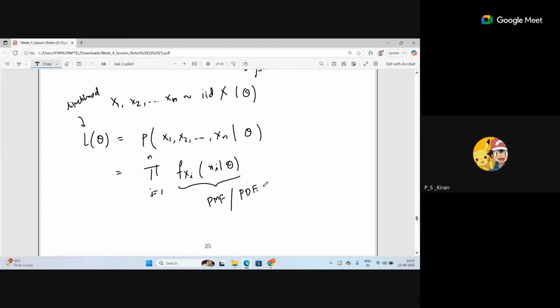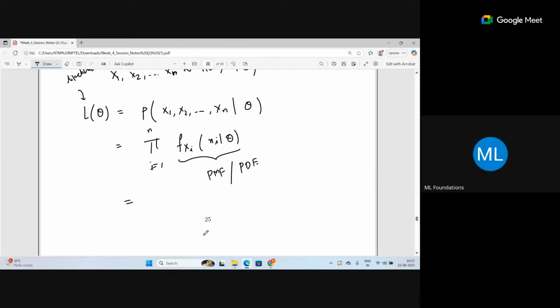It's not the prior distribution. Prior distribution is a different case, used in the Bayesian estimation method. The prior is actually for the parameter, so we know something about that parameter from experience or you have data supporting it, right? This is not the prior distribution. This is just the likelihood: whatever the probability density function or probability mass function is there, we take a product of it, and that product is exactly the likelihood, right?